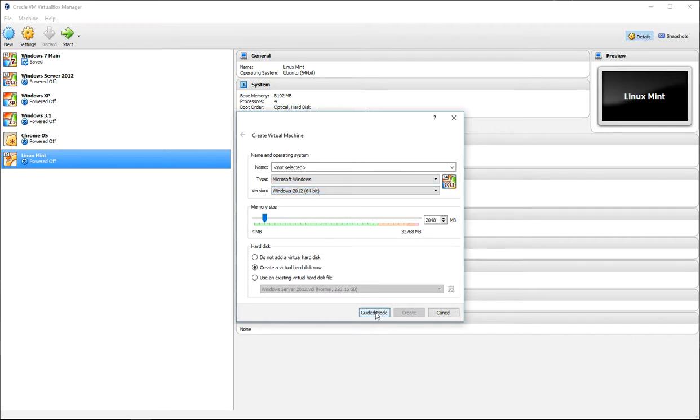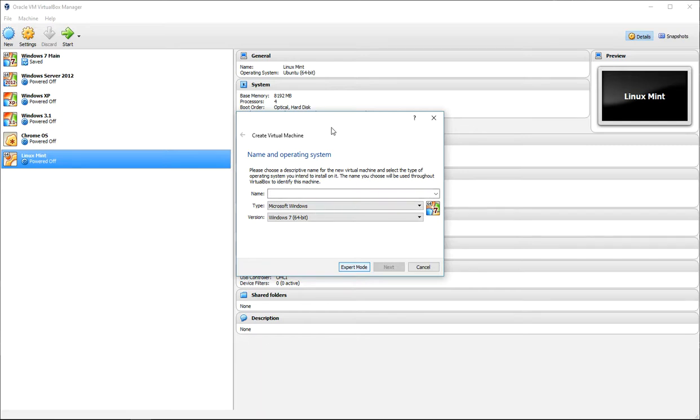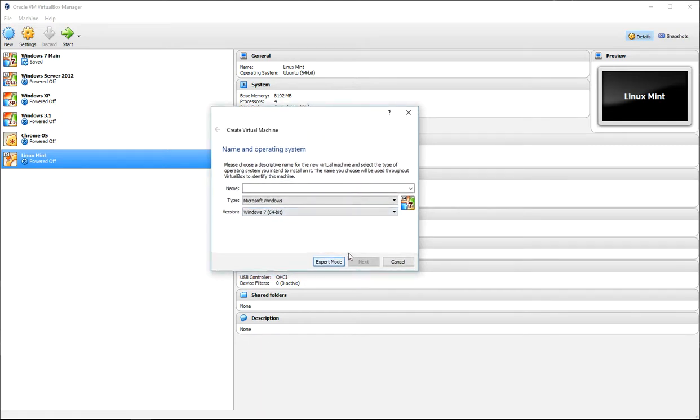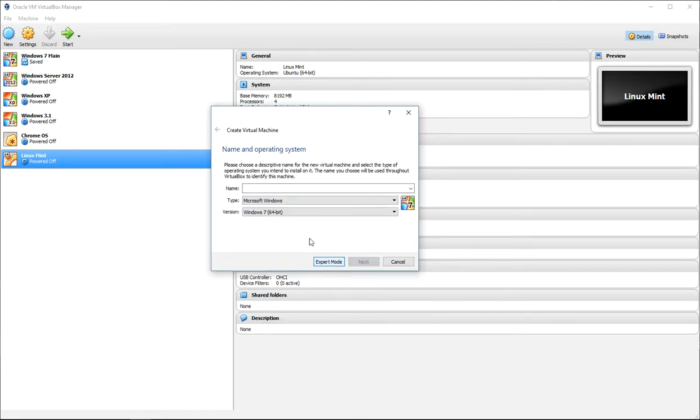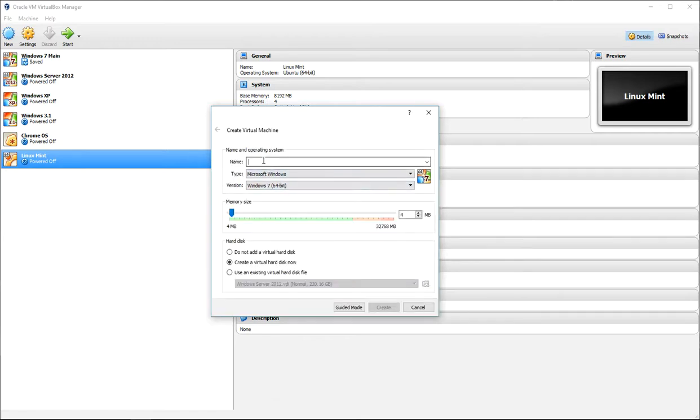If you have the guided mode on, it may show you something like this. So your guided mode will walk you through, and you'll do step by step. And then I'm going to have to name it. I do the expert mode. So that's just the difference there. That's guided mode. That's expert mode. And I'm just going to call this one MS Windows 2012 Backup. And that's going to create a folder. Call that folder name on my computer.